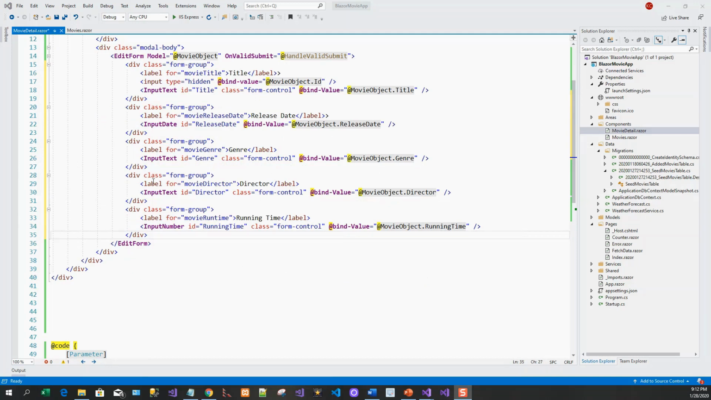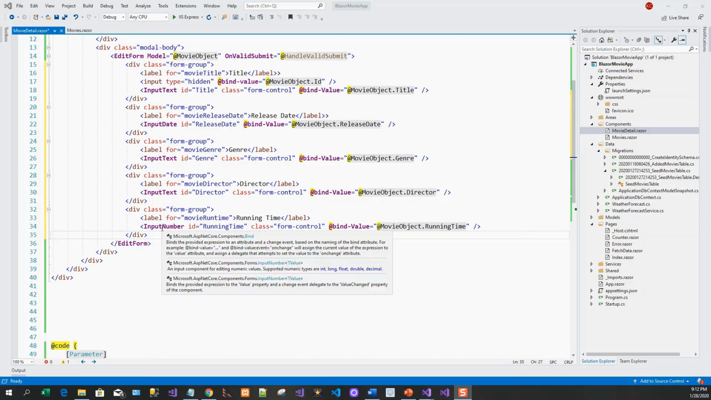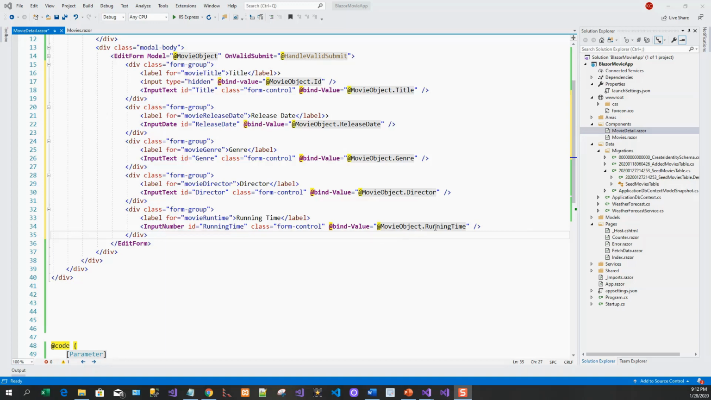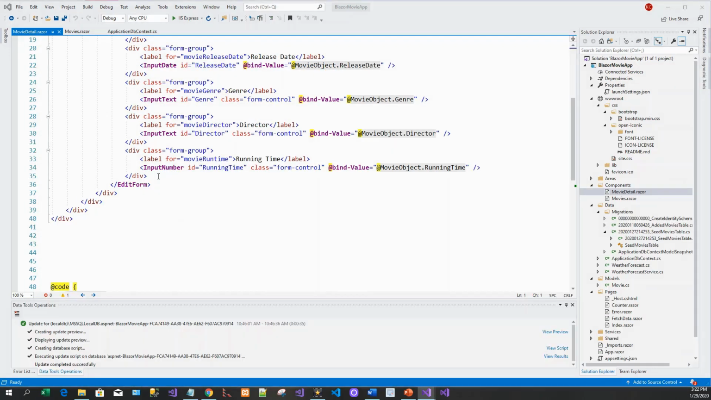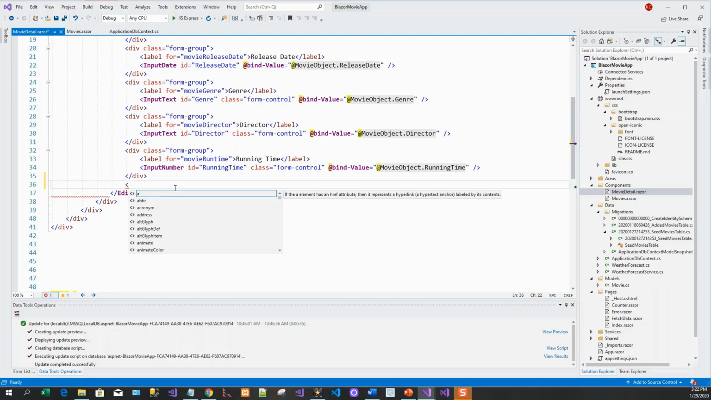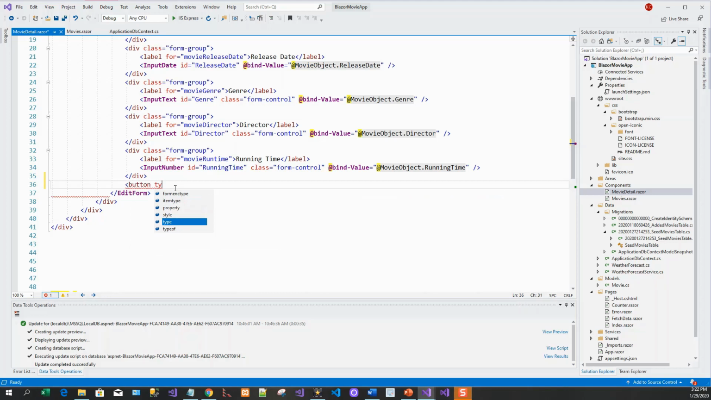So these 2 were input text, and this was the input number, okay, which is bound to the running time. Now what is left of this modal is there are 2 buttons that we have shown, the submit and the cancel button. So let us write them down. So button type submit, class equals button primary. So btn, you can see primary,